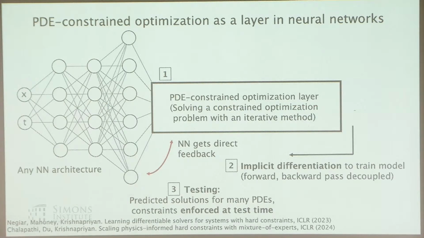And so this is where this idea of neural networks and numerical methods can actually come together very nicely. You can take PDE-constrained optimization, so the conservation laws that we know and are very interested in. This is essentially a constrained optimization problem that you can regress on using your favorite iterative method to try to solve that PDE, or that set of PDEs, much more exactly. And then by using implicit differentiation, you don't have to backpropagate through all of those steps of the iterative solver. So you can do this instead and train the neural network directly from that type of feedback. And then you can go ahead and test this on a bunch of different PDEs.